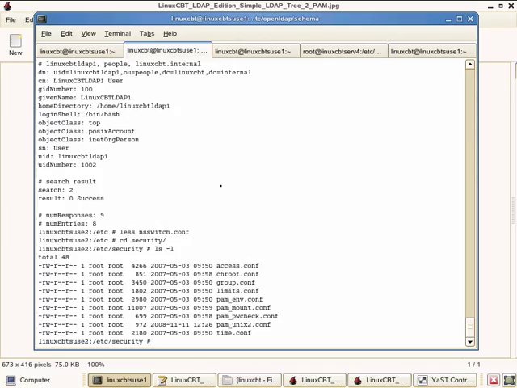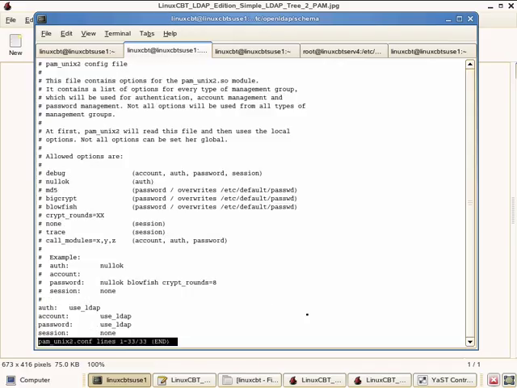And in security, we see multiple files that pertain to PAM. However, pam_unix2.conf is the key file. Let's list the contents of pam_unix2.conf, where we'll find that for authentication and account management, as well as passwords, the system is now set to